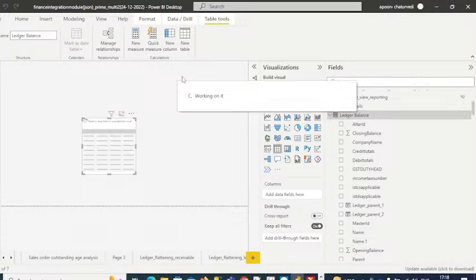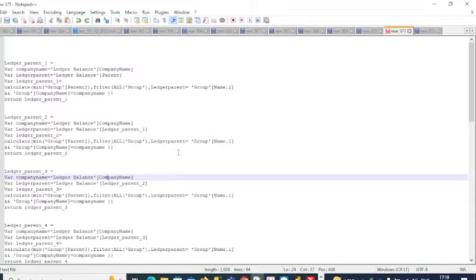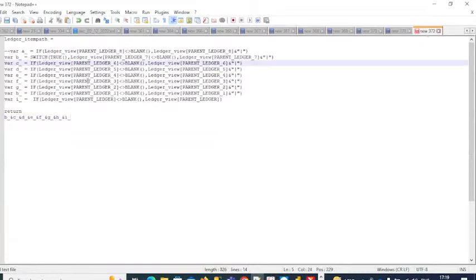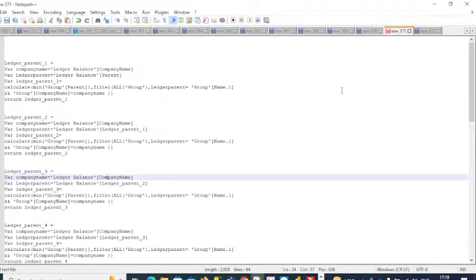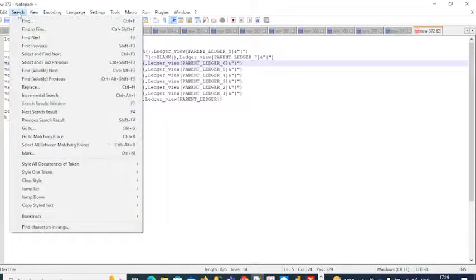Here I make a new column. So now what I do here is I replace ledger underscore view with ledger balance. So I go here, I say replace with ledger